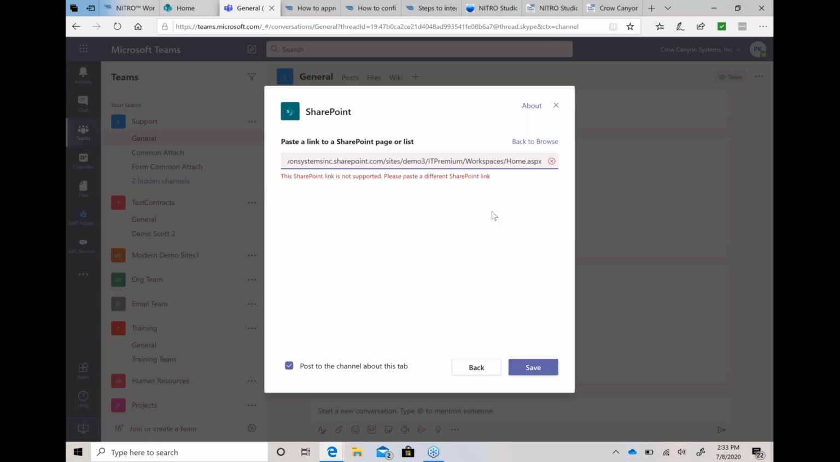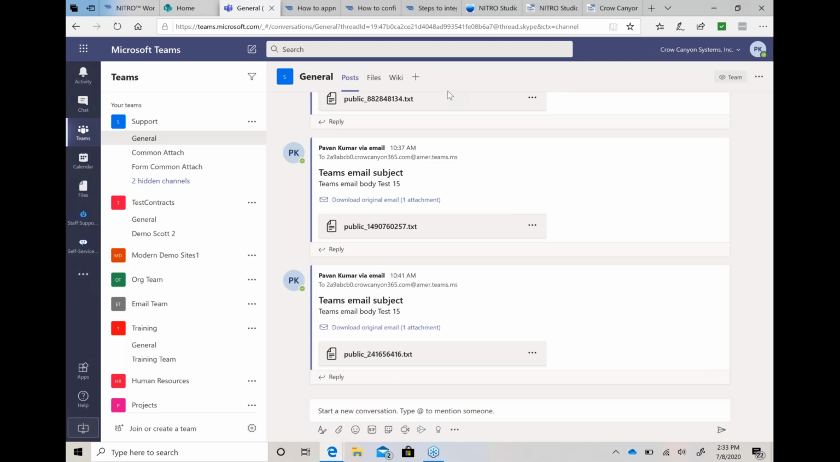No, not supported. Okay. All right. Well, leave that be for a moment. But that's kind of the idea. Actually, let me try this. Modern workspaces / home.aspx. It may be because those are classic sites and not modern sites. Now it's not working. All right, it's not working for me today, but the idea is that you can get